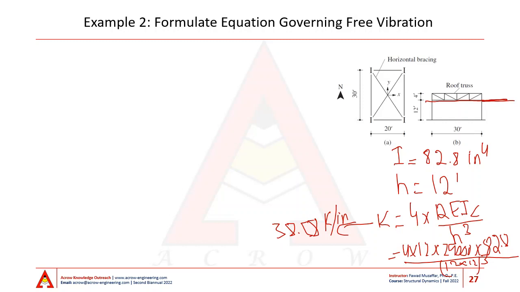The next thing that we need to calculate is the mass. Now we are given that the roof level of the structure can be considered to resist 30 pounds per square foot. That means that the total weight at the roof level is nothing but 30 multiplied by the area of the roof. So